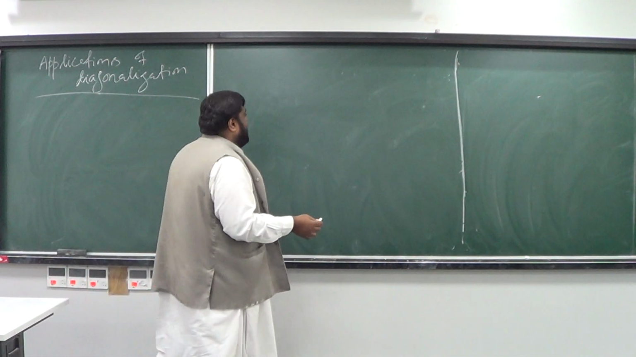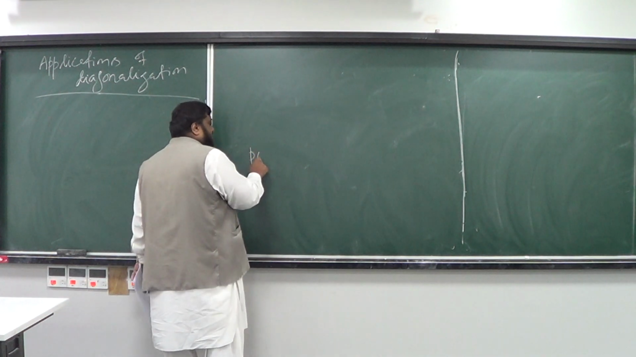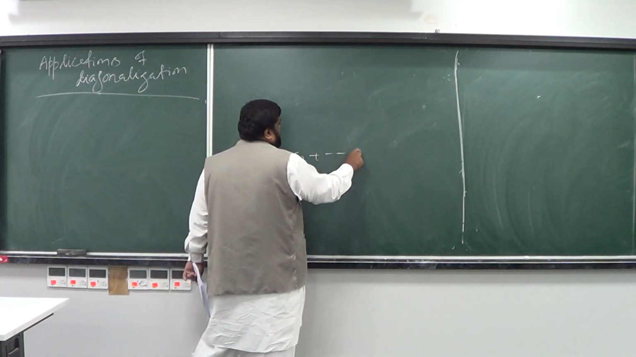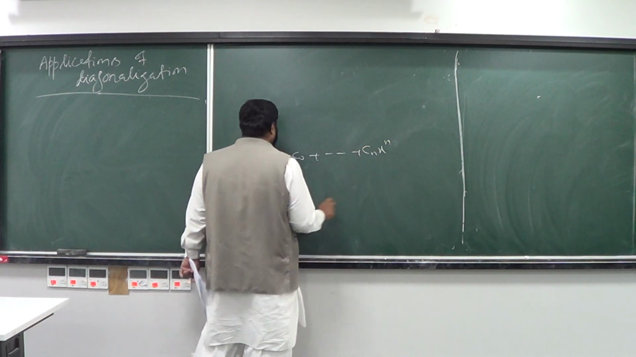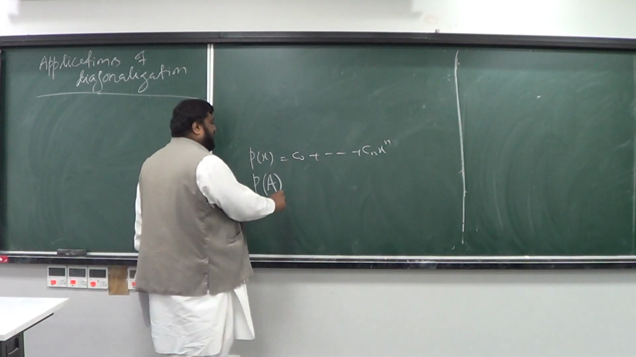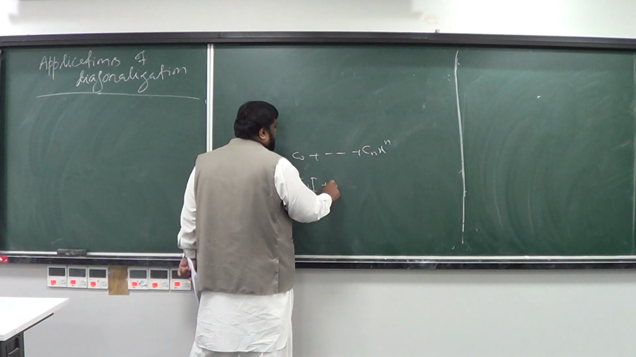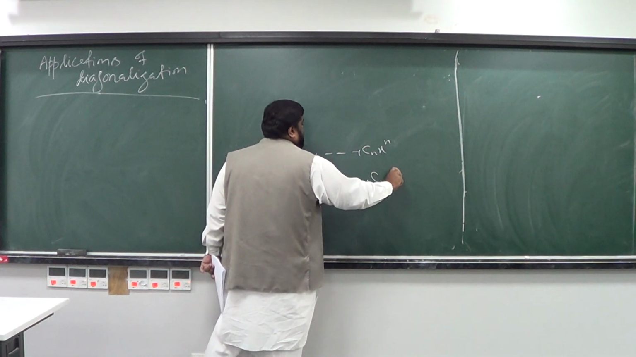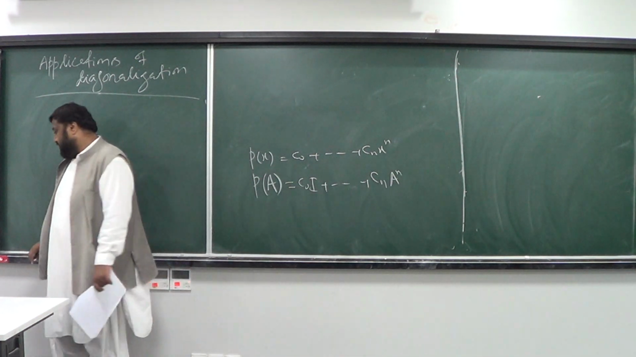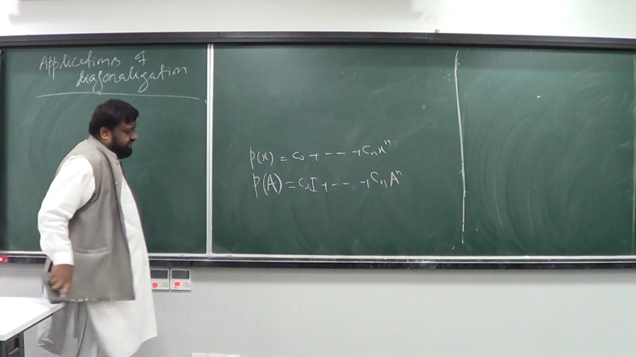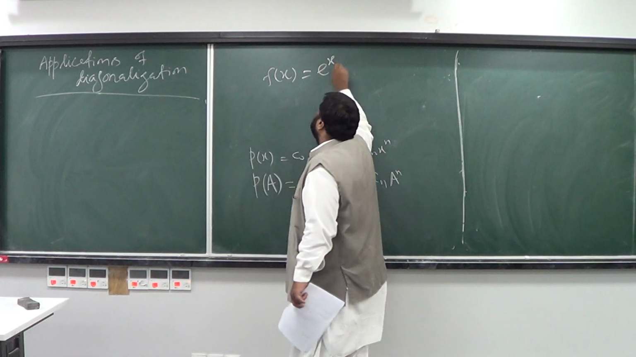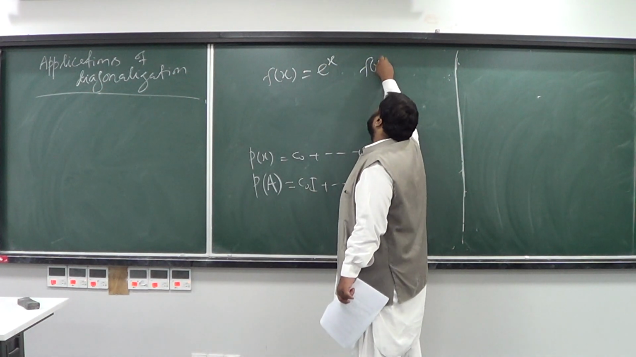So we have seen that if you have a polynomial p of x, it's like c naught plus so on and so forth, cn x power n, then p of A is a matrix, actually. Okay, so it has a meaning. So you can say that you have c naught I plus so on and so forth, cn A power n. Okay, so for polynomials, it's not an issue. How about if you have a function like e power x, or